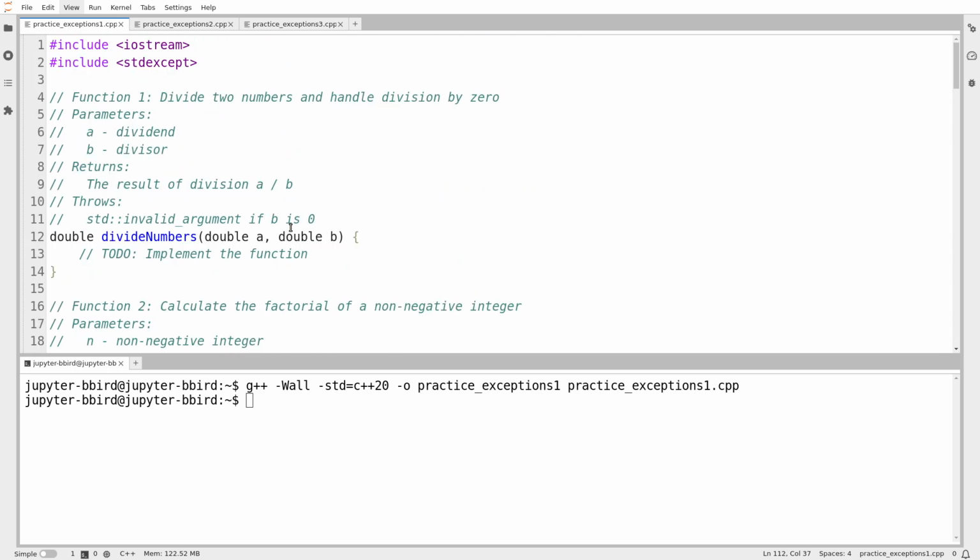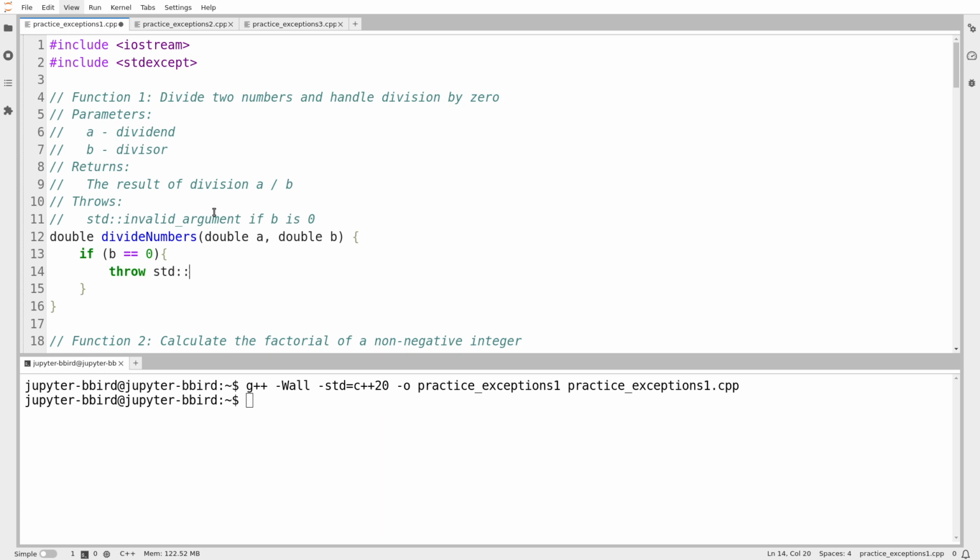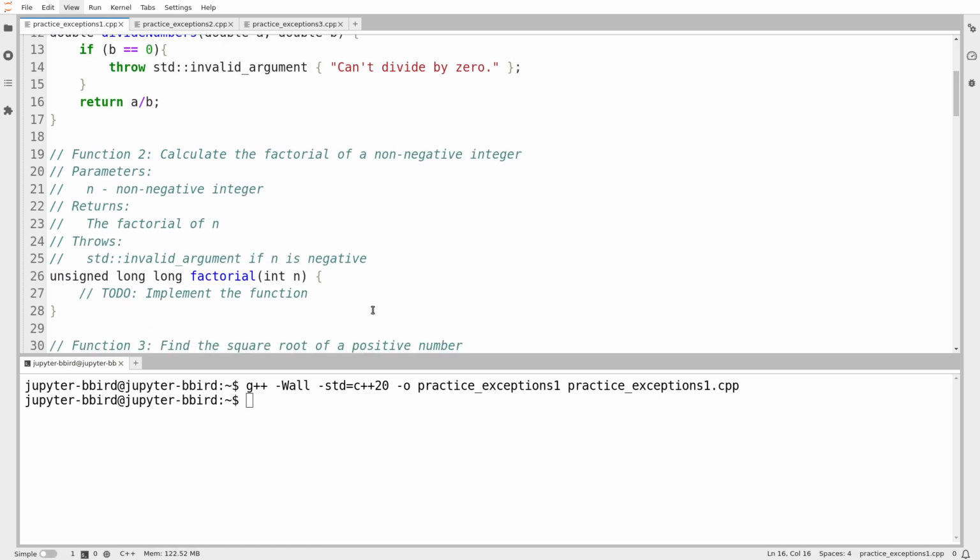Okay, so these are nice because the first couple are pretty easy. So what I'm going to do is divide a by b, but if b is equal to 0, and I'm going to use an actual equals comparison here. So I'm not going to bother with a range. I'm going to say if it's literally equal to 0, then I'm going to throw the exception. So if b is equal to 0, then I'm going to throw invalid argument. And I'll give it a message saying can't divide by 0. Now, otherwise, I'll just return a over b. Okay, there's divide numbers.